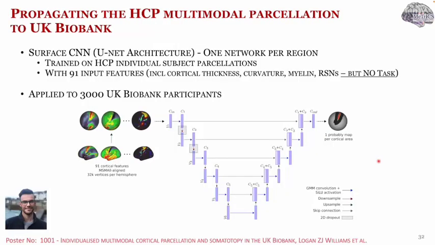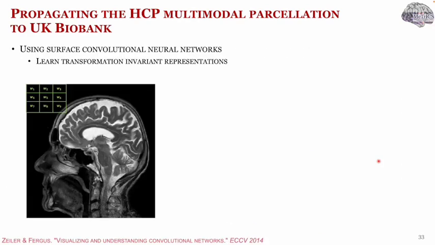So this then puts us in a position to start thinking about how to propagate the HCP parcellations to individuals from the UK Biobank. However, initial efforts in this direction that looked at direct application of the HCP vertex-wise classifier were not at all successful, where this was largely, I think, due to much higher levels of noise in the fMRI spatial maps. And so for that reason, we started to look towards convolutional neural networks,